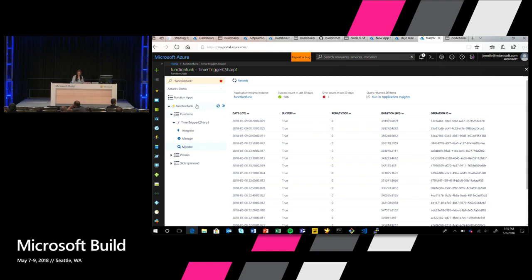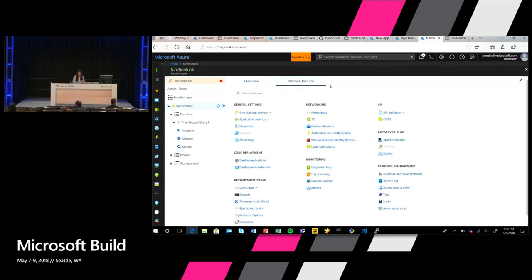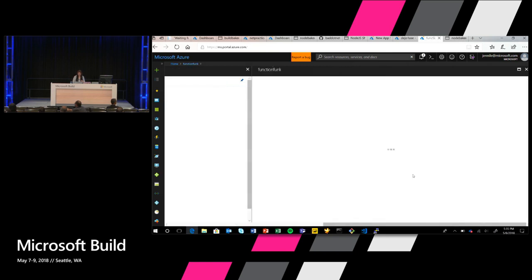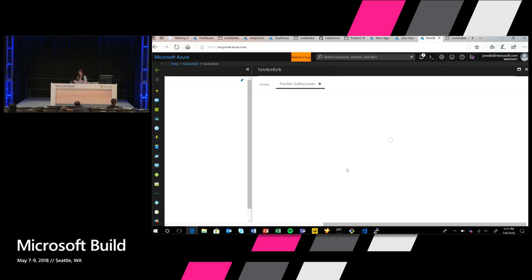There are different ways for you to dig deeper into this, and one of the ways is that we brought App Service Diagnostics to functions. So I'm going to go here and try to figure out what's going on. I'm going to click on Platform Features and go under Resource Management. And there we have Diagnose and Solve Problems. It looks like things are taking a long time when I'm trying to run these functions at scale. It happened when there were a lot of different executions trying to trigger. So I'm going to look at whether there are any function scaling issues by clicking on the Function Scaling